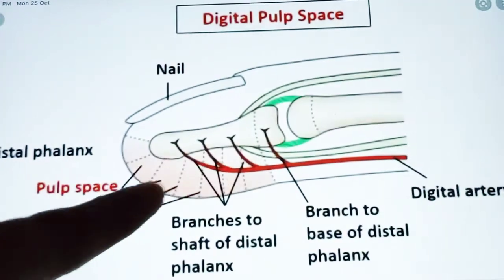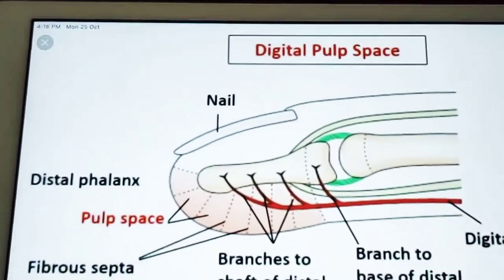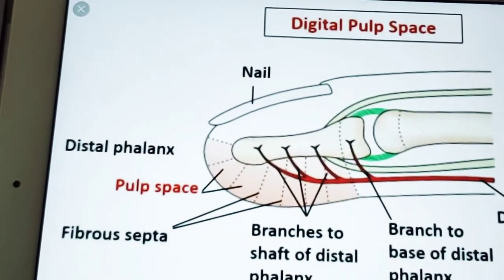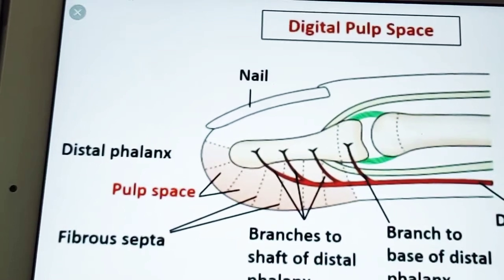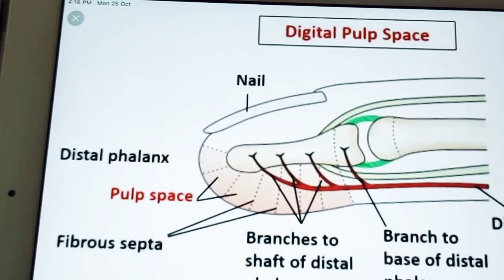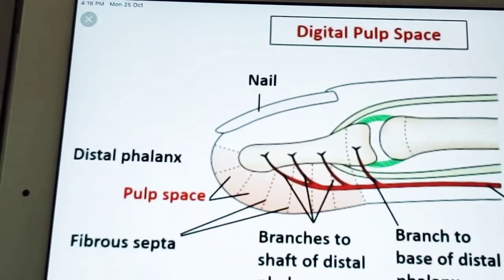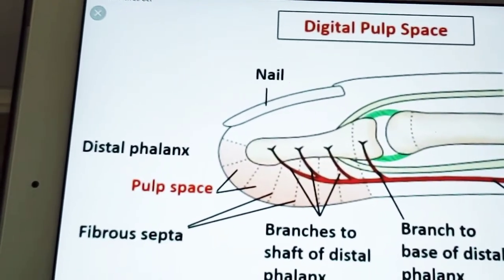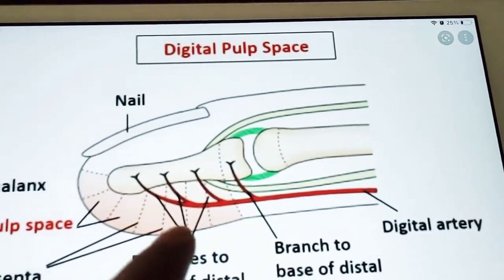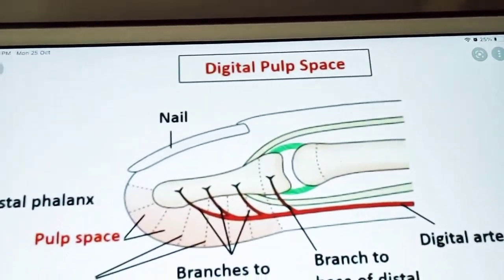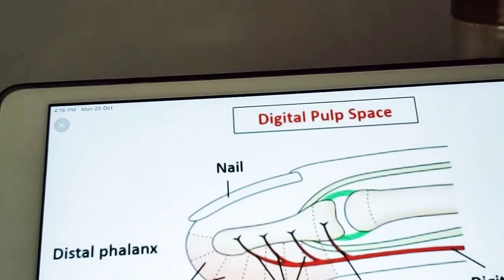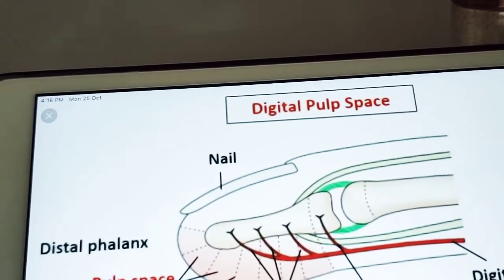Because of pus or infection, this digital artery will get occluded. Whenever the digital artery is occluded, there will be severe throbbing pain. This infection is known as Whitlow, and the rising tension in the space gives rise to severe throbbing pain. There will also be necrosis when this part of the digital artery is occluded. We also know that the infection in the pulp space, Whitlow, can be drained by lateral incision.